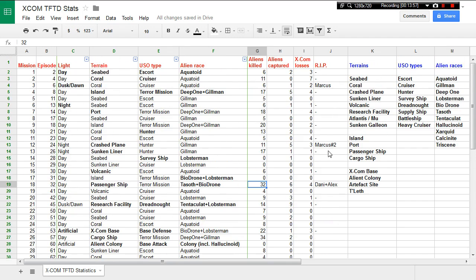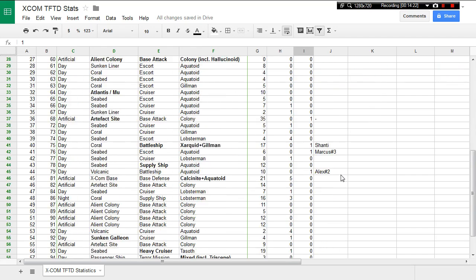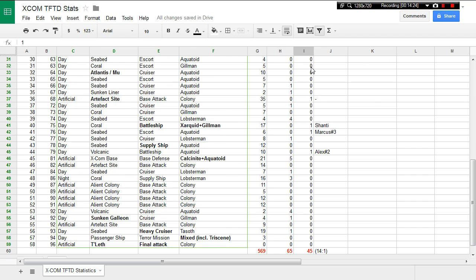And as you can see, we have lost a lot of soldiers in the beginning of the game during the first 25 episodes, let's say, over here. And after that, because we got the iron armor somewhere around here, we lost only a few. As you can see, it's mostly 0, somewhere 1, and on bigger missions it's a little bit bigger number, but at the end we have lost like 1, 2, 3, 4 soldiers in the last, I don't know, 30